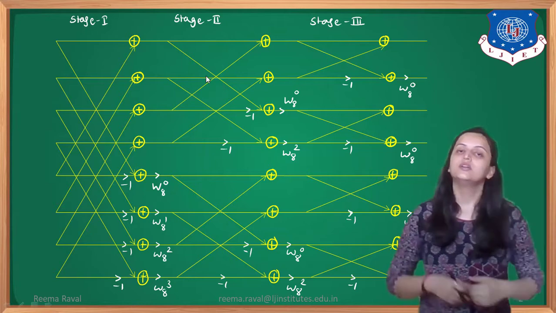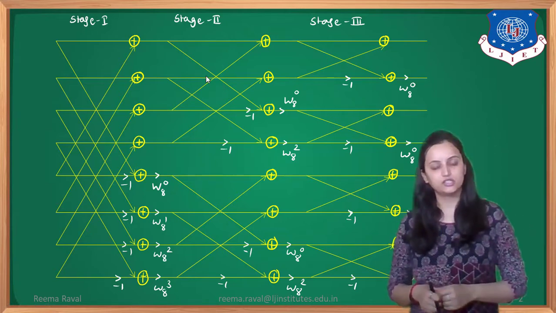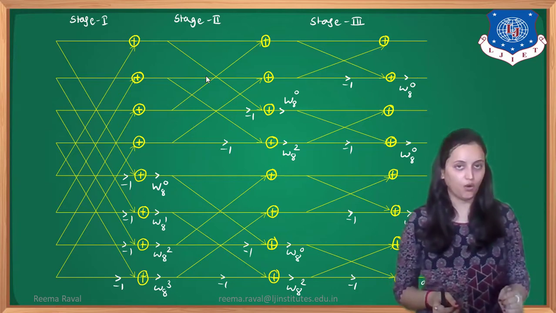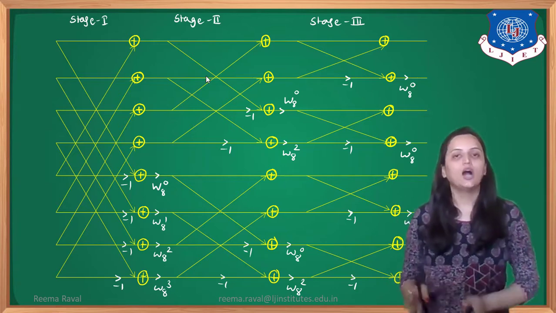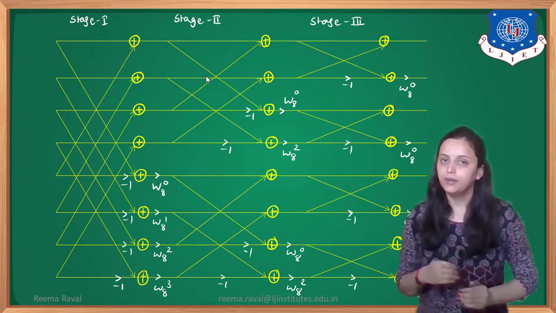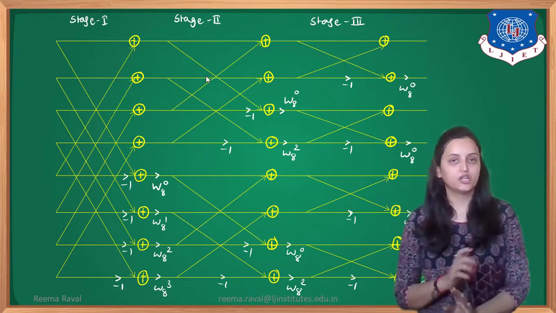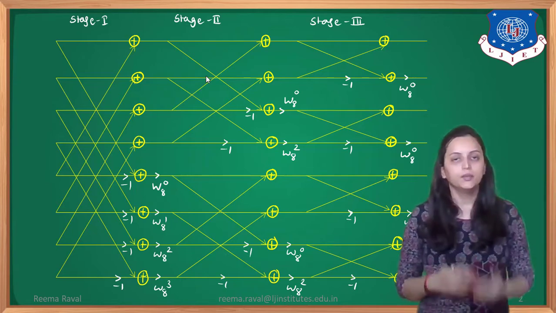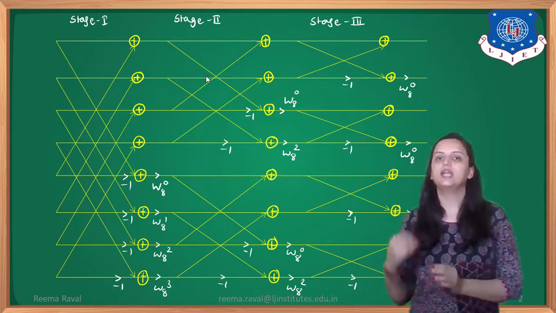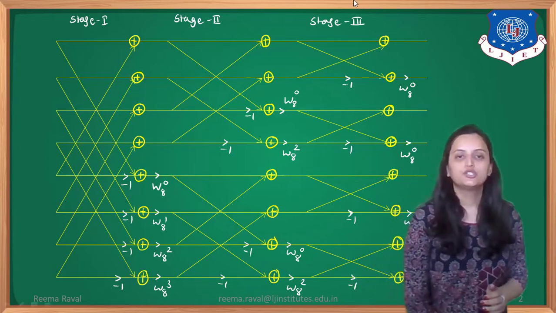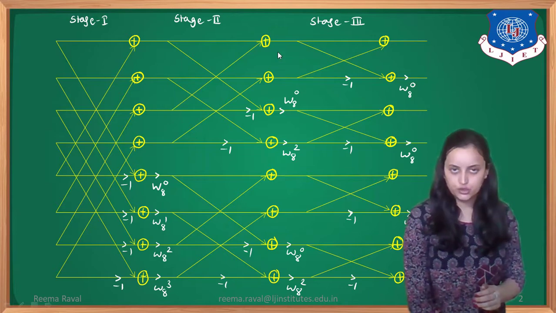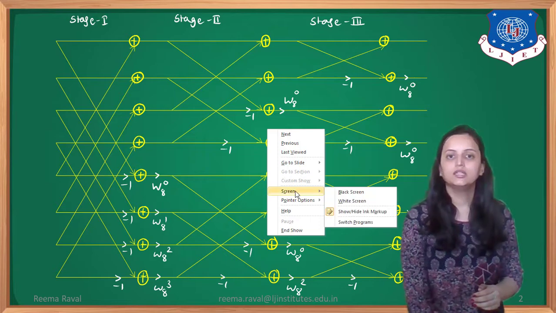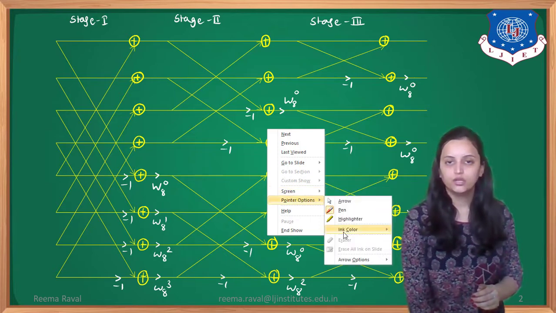Now we have seen one more thing in DIT FFT structure, that the inputs are placed according to the logic of even and odd alternatively, and the output was in order. But here, as we have reversed the structure, the input given to the DIF FFT structure is in order, but the output will be based on the even and odd type. So here we are calculating for N equals 8, that is 8-point DFT. We will have the number of stages equal to 3.